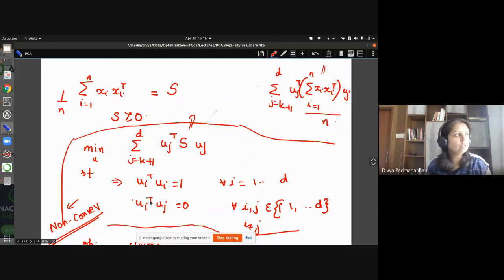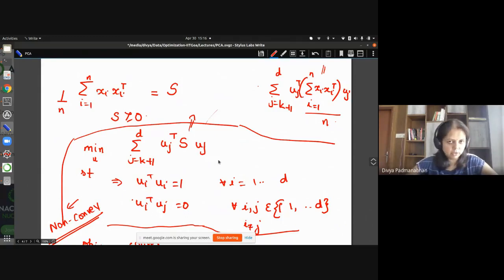What you can do is consider all the eigenvectors of S. If you take the largest eigenvalues, lambda_1 to lambda_k, the top k eigenvalues, the eigenvectors corresponding to them are going to be u_1 to u_k, and they will implicitly satisfy the constraint that the eigenvectors are orthonormal, since they are orthogonal to each other because this is